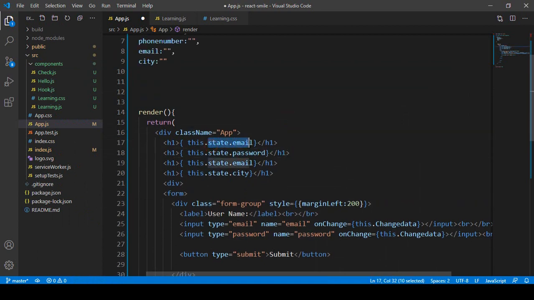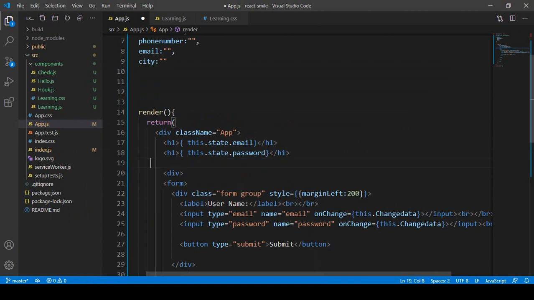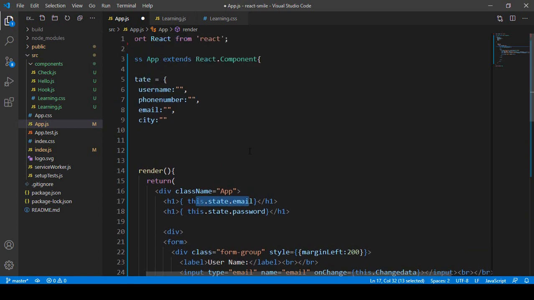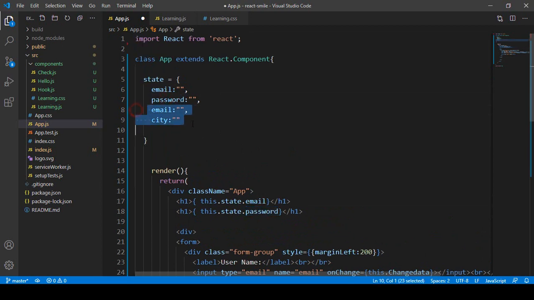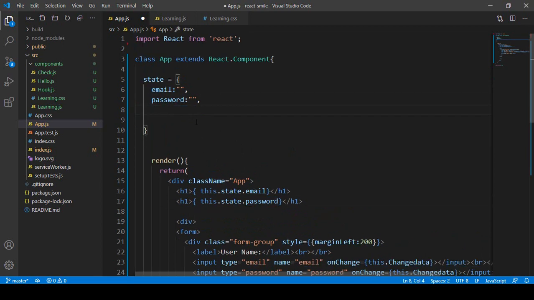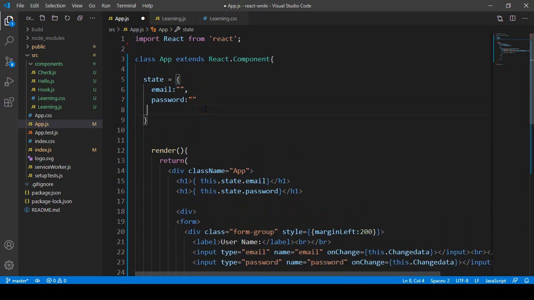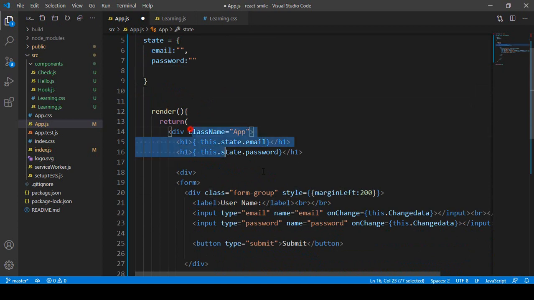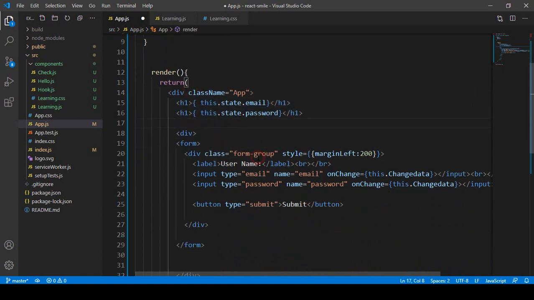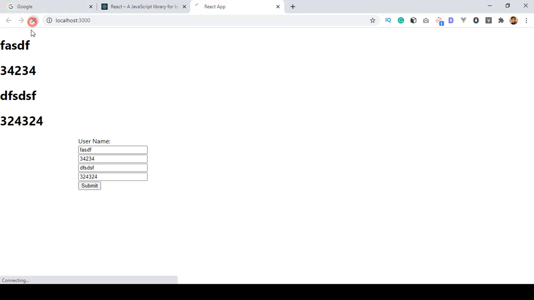So that is our state email. Right now I want to remove both of these and only take two of these. There is this state email, and here we have to add it. One will be email, another will be password. So right now I simply remove two of these from here, right friend? I hope you can well understand it. That is our state, and it will be displayed in that particular area, and that is our input field. Perfect. Now if you click save all and refresh it,